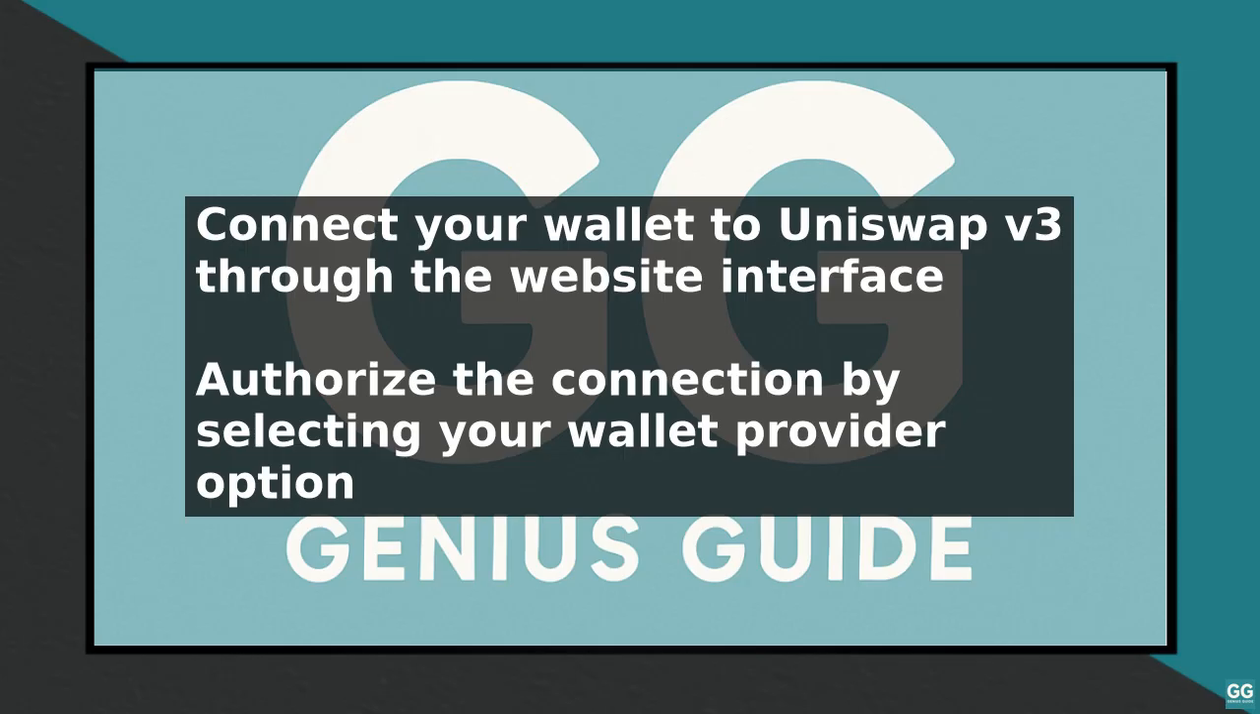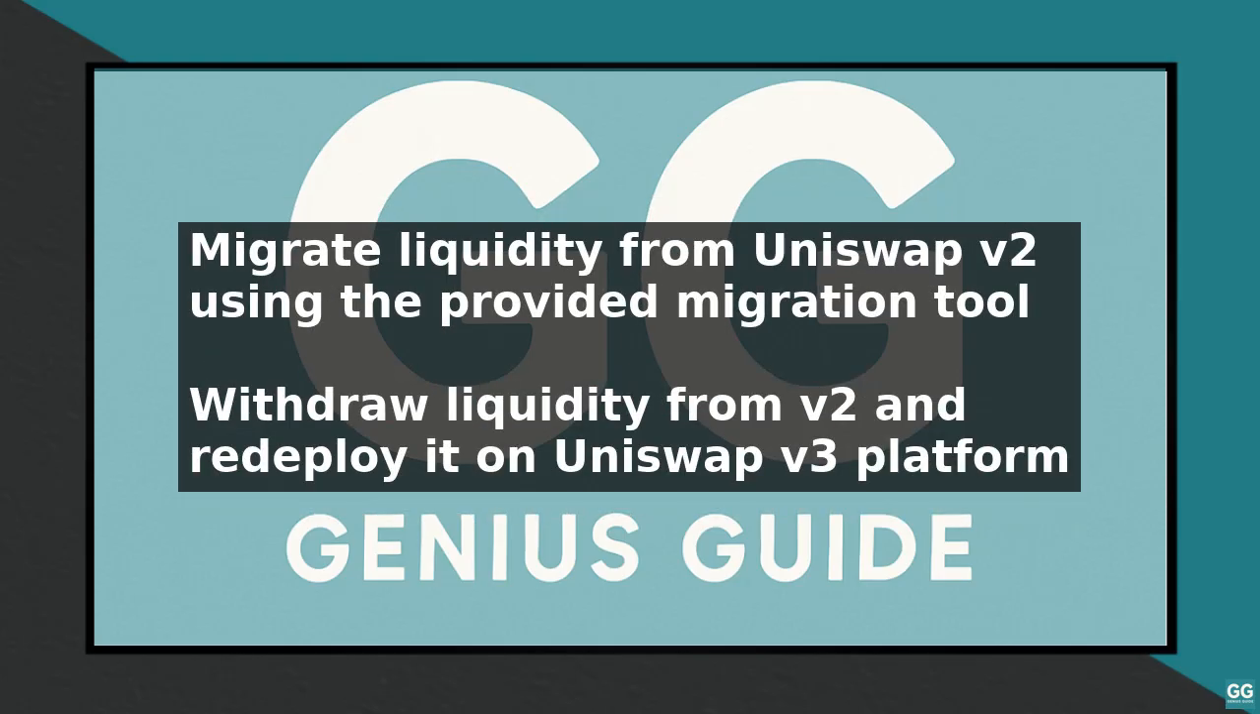The tool will guide you through the process of migrating your liquidity, which involves withdrawing your liquidity from Uniswap v2 and redeploying it on Uniswap v3. It is essential to understand the concept of concentrated liquidity in Uniswap v3, which allows liquidity providers to allocate their capital more efficiently. You can choose to provide liquidity in a custom range, which allows you to maximize your returns